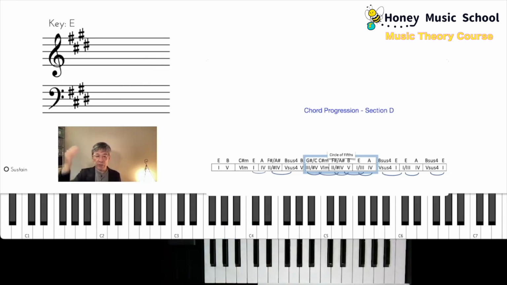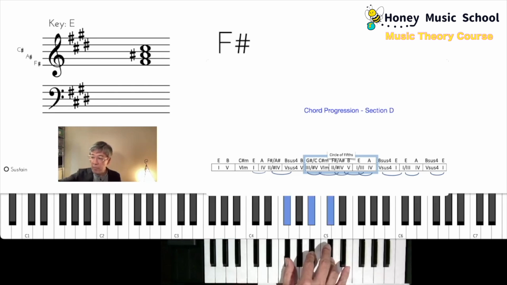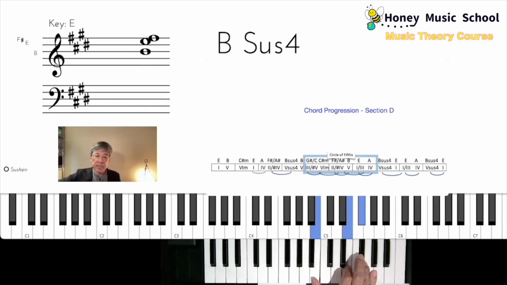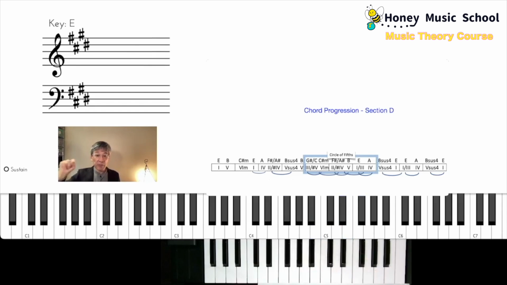So that's the dominant motion. And then B sus4, B. Okay, then from here we have a sequence of 5 dominant to tonic motions. So if we just take the root of each of the chords on top, it starts with the G sharp, C sharp, F sharp, B,